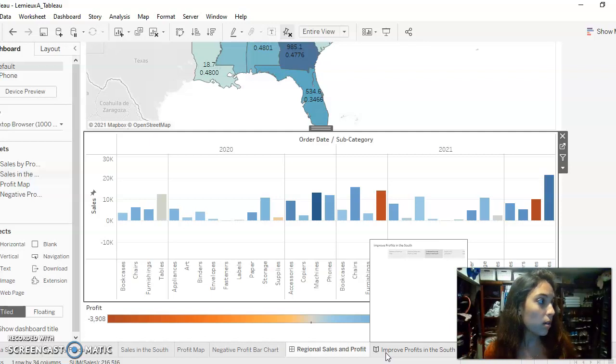At first glance at the bar graph, all the regions seem to have about the same high profitable products and low profitable products. There's definitely a trend in which products do good and bad. Machines are a big outlier in the central region of the United States. The next worksheet I showed you guys,